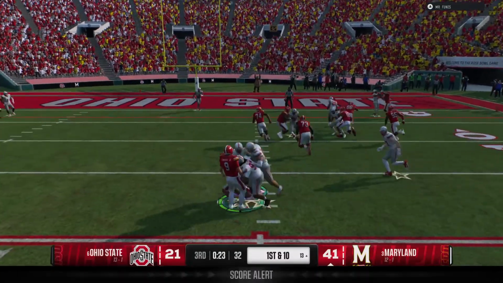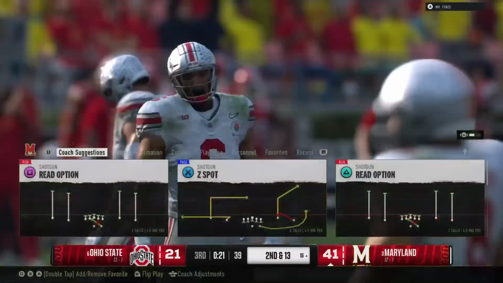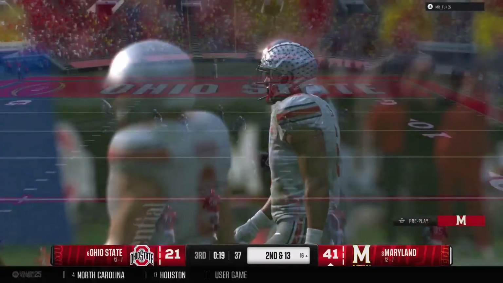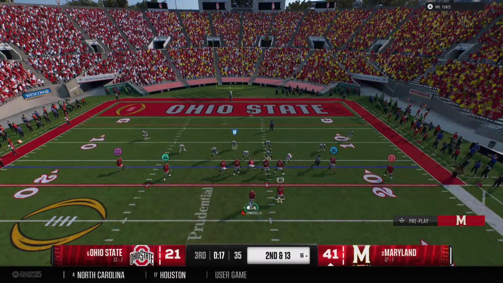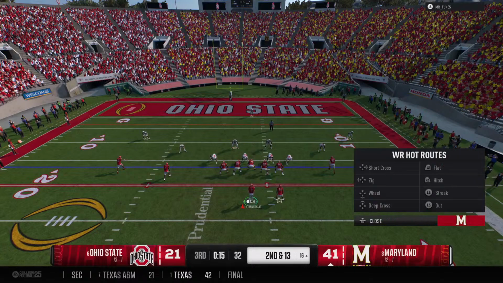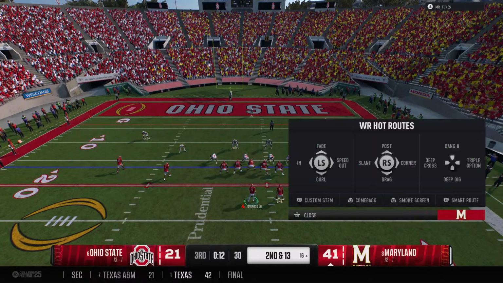If I'm the defensive coordinator, I'm rolling my coverage. Get a corner up in his face and put a safety back behind him. Some kind of double coverage to slow this guy down. The offense will line up. Chance for a couple more plays before the end of the quarter.